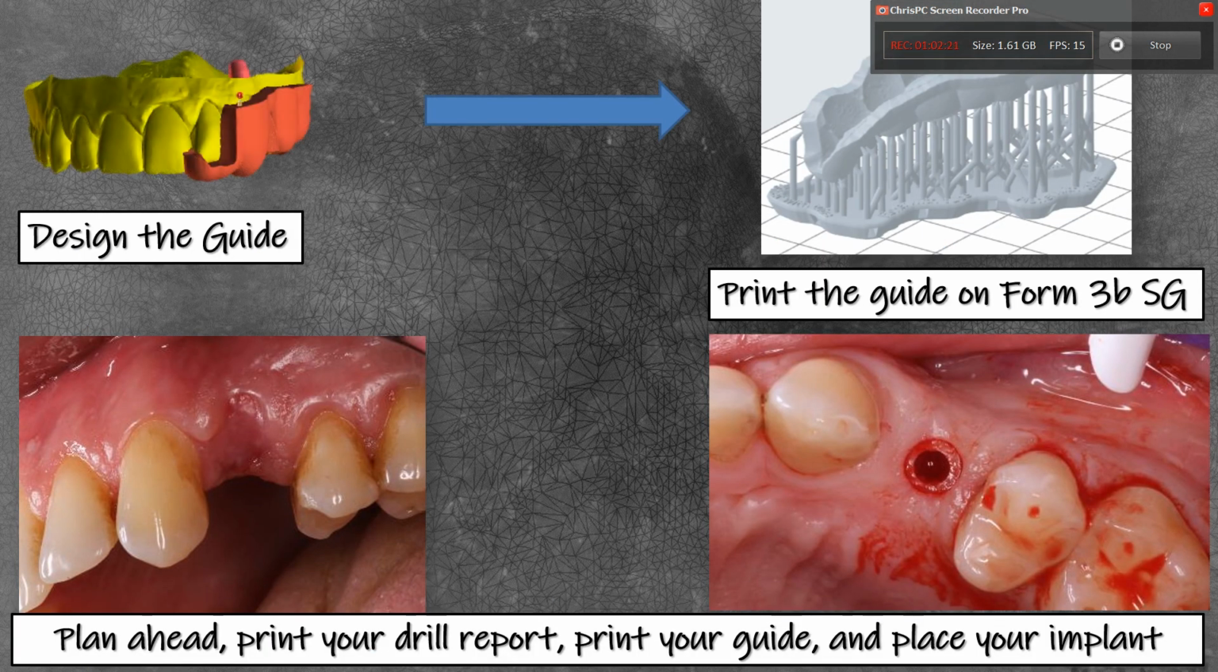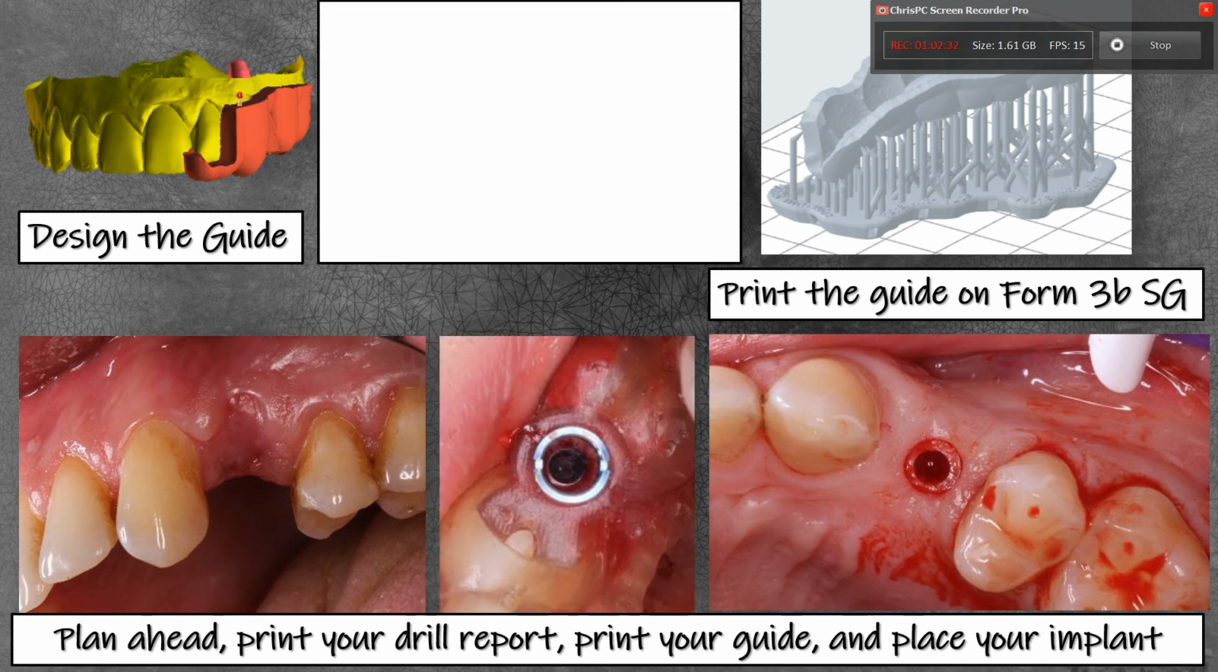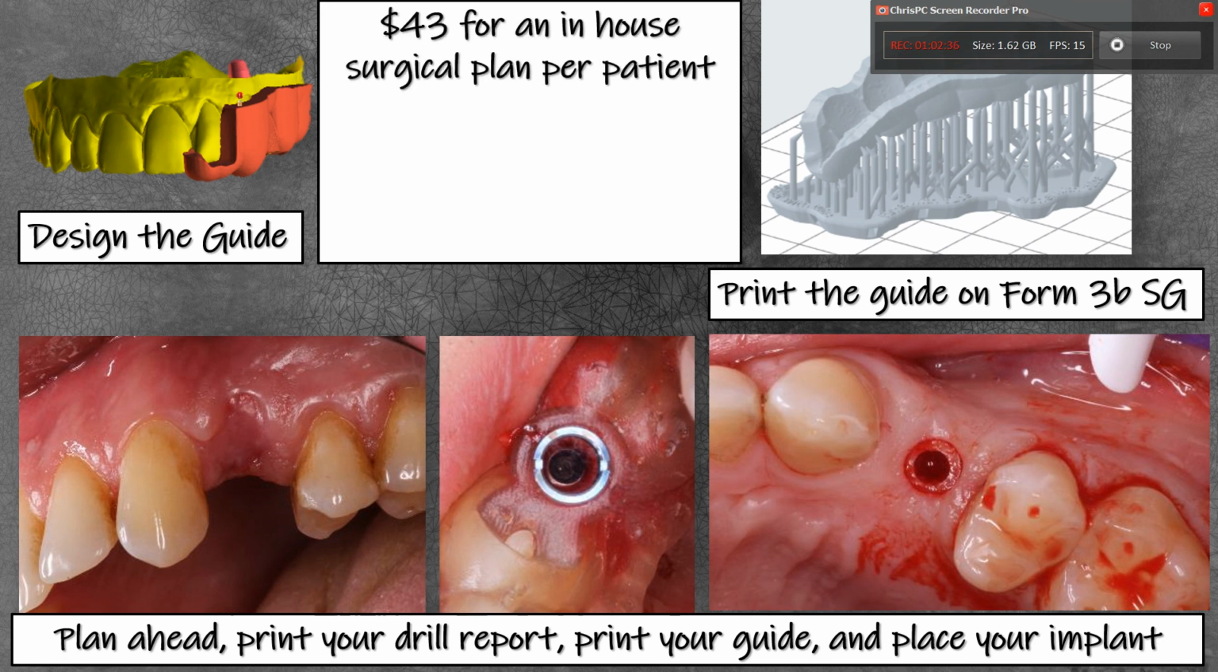So for designing the guide and 3D printing it, I used a Formlabs Form 3B printer and surgical guide resin, but overall, when we do something like this, you can see we get very nice implant placement at the end, and it's about $43 for me to plan this in-house: for me to actually plan the surgery, me to get the exports, me to buy the guide tube, me to print the resin and export the STL